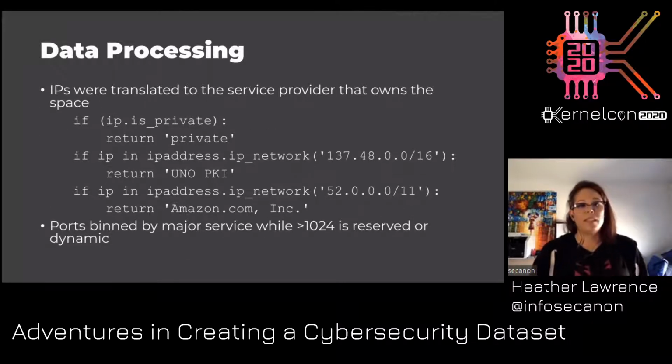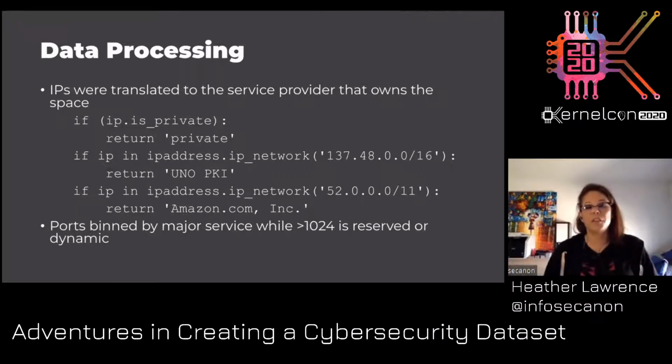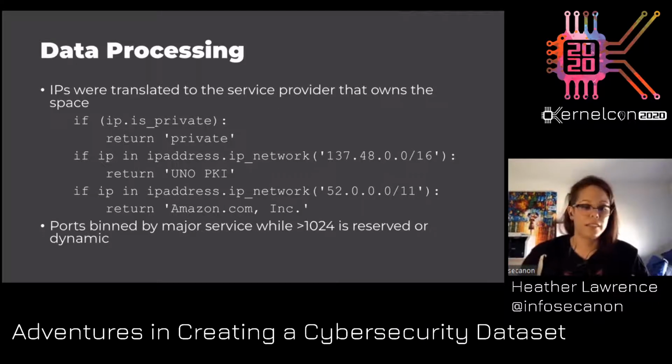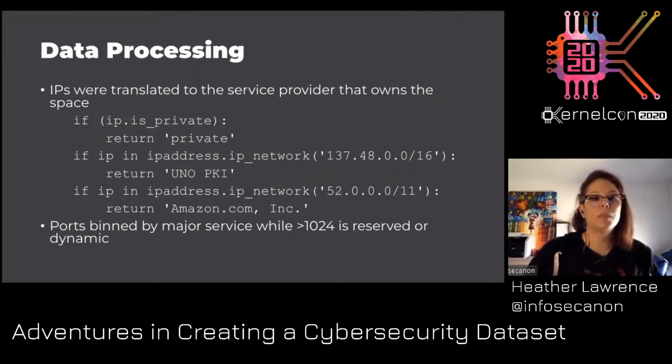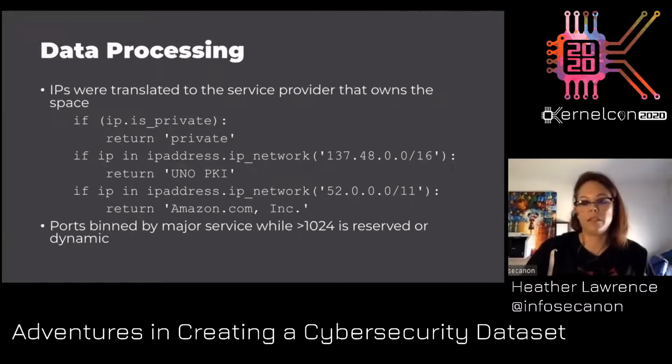We had to take IPs and reduce the feature space, essentially. What we noticed before we started virtualizing websites that the users could browse to was that we were getting a lot of third-party advertiser traffic. And we're limited on research resources here. When you have around 300 unique IPs for a 30-minute session, and most of that is third-party advertisers, you need to reduce the sample space a little bit. So what we were doing is translating an IP based on who owns that IP in the ICANN database.